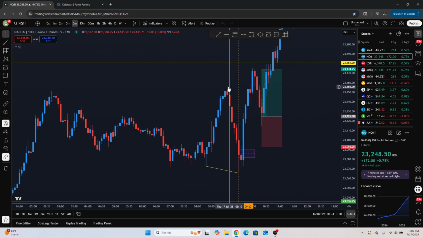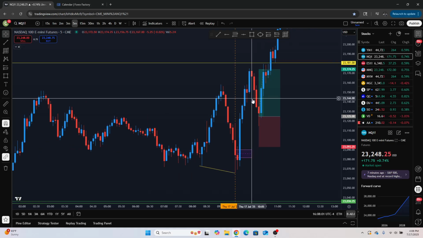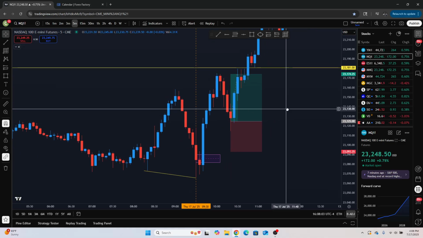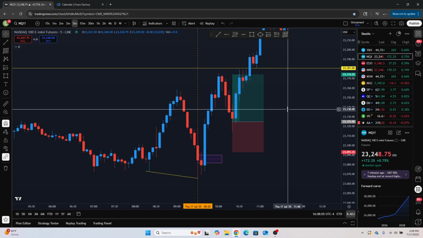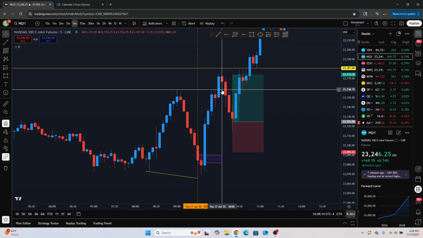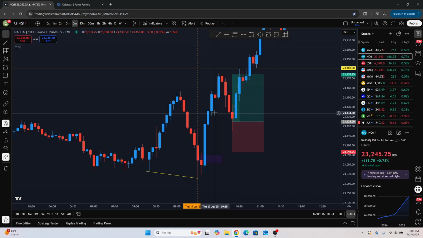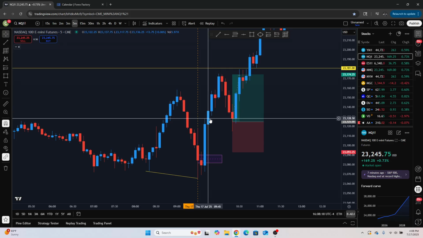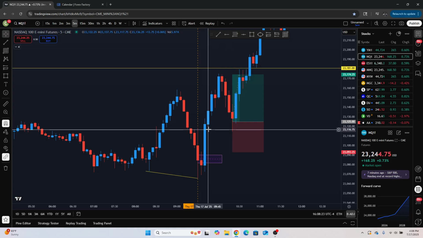We see this break up here, and then we see these red candles, right? Most people would think, oh, it grabbed liquidity, it could be reversing, but no, there was no real momentum. As you can see, there's no real fair value gaps or anything of that nature. But we do see it come down. Bodies of these candles respect this first fair value gap, but it dipped into this one.